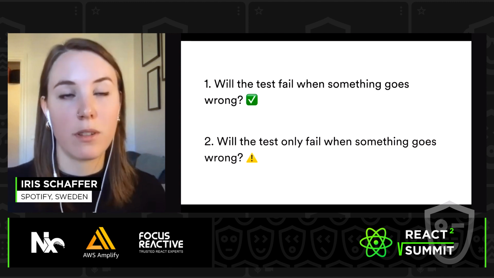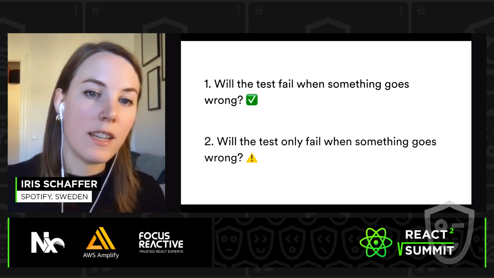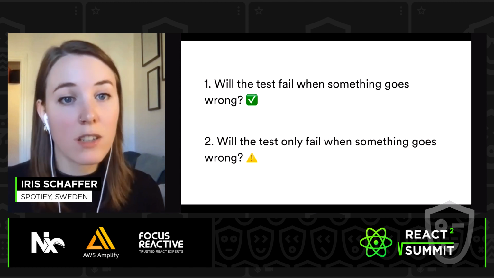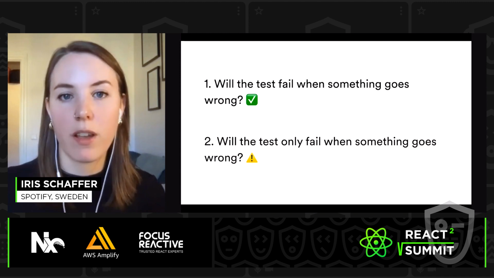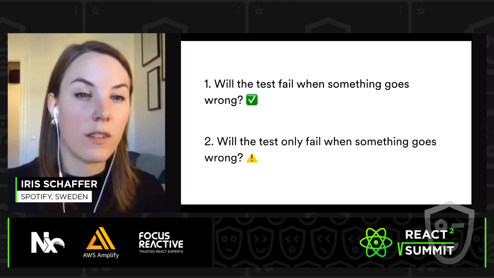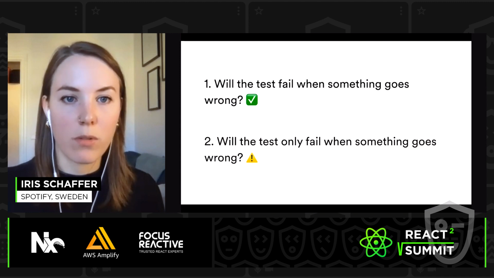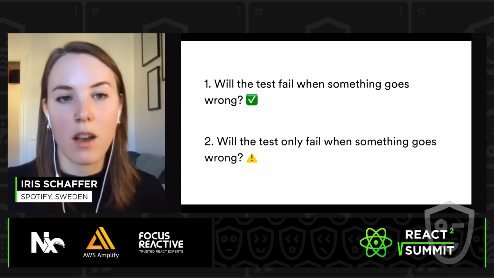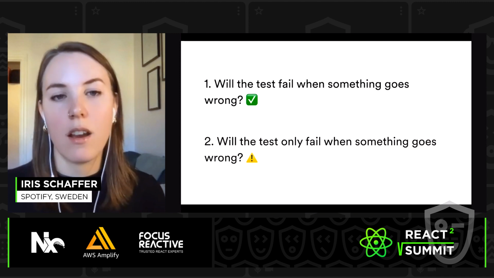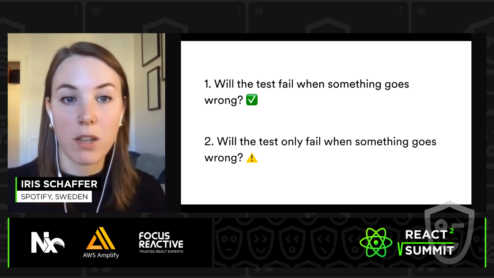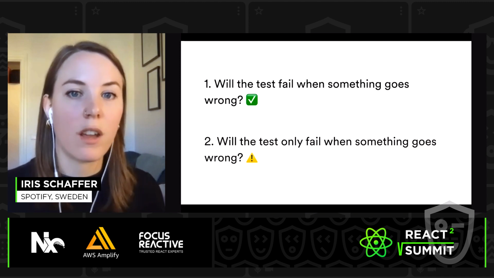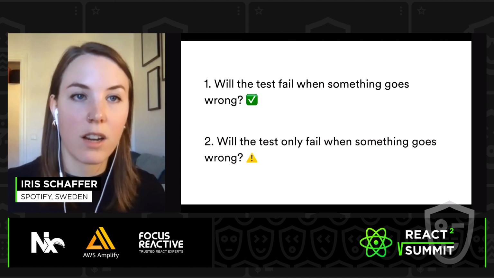And I'm using Jest and React testing library for this. Will this test fail when something goes wrong? Unless the API changes, so unless your response from the backend changes, this test will fail when anything bigger goes wrong on your front end. And if you have a lot of these API responses that you have to mock or stub, I recommend using something like Netflix Polly.js, which can actually replay HTTP requests for you and store those in fixtures automatically. So you can be sure that you're always in sync with your backend, which is great.